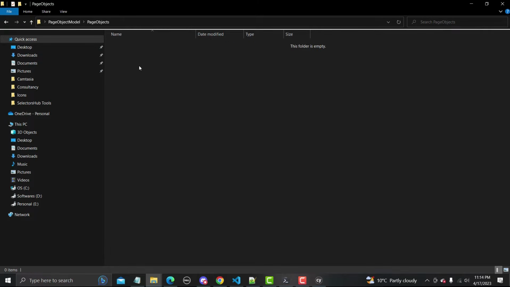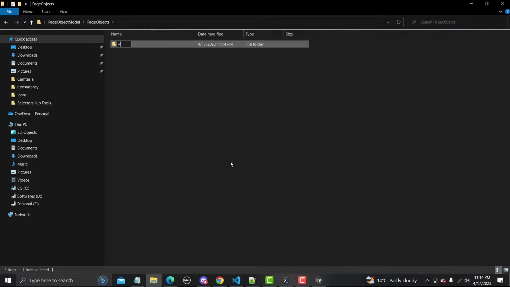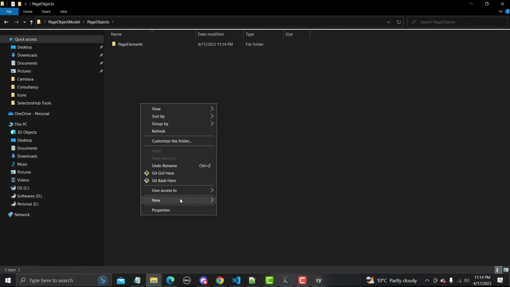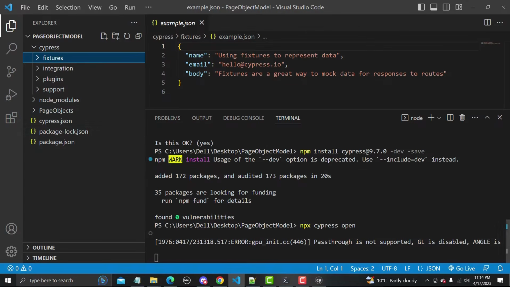Inside the page objects we need to create two more folders from here: page elements, and we also need one more folder called page actions. And if I go back to Visual Studio Code, here you will find these folders.